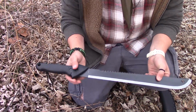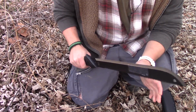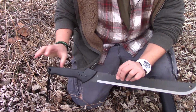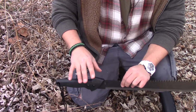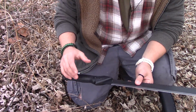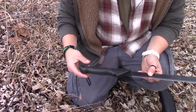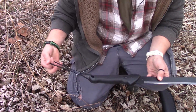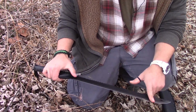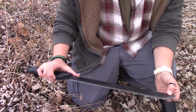We get down to the machete first. You'll notice it has saw teeth on the back. That's obviously for sawing through limbs. It is an 18-inch blade, carbon steel, and it is not full tang. There are some cases of the handle breaking off, but you can take that with a grain of salt, because most of the time things like that happening are misusing the product for unintended uses. It does have a rubberized grip with a lanyard hole, a small lanyard, some crappy nylon cordage, and it's got about 15 inches of usable fine edge before it curves on the tip, as the saw blade stretches across the